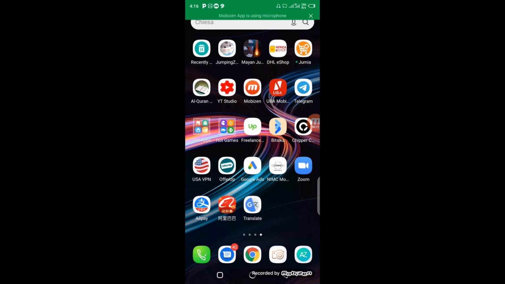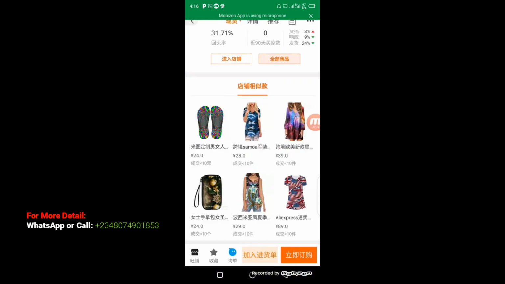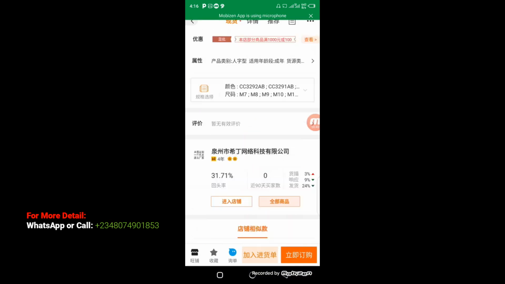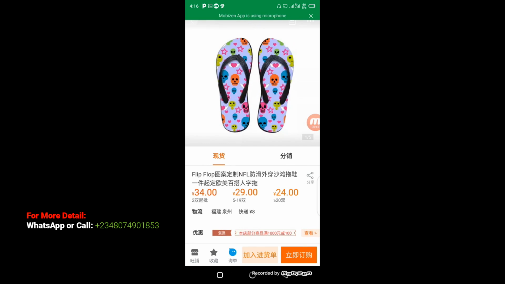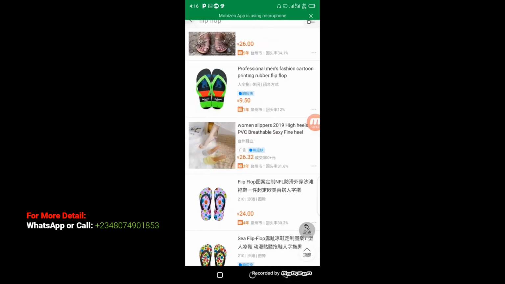Now, what I'm going to explain today is how you can effectively translate your 1688 app into English so that you'll be able to understand the language in the app. So now you notice if you click on the 1688 app, this is how the app is going to look. For instance, if I select a product like this,